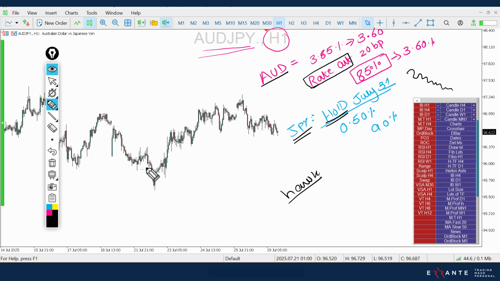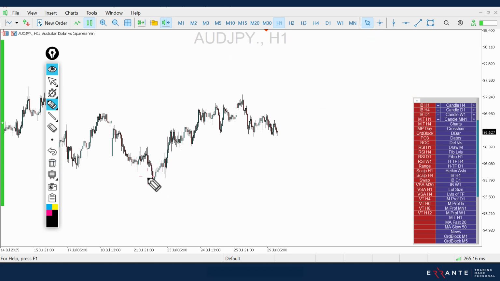Right now we had this optimism in the Australian dollar because of gold and all of the other commodity supportive news. So right now we can see this mushroom type formation over here,